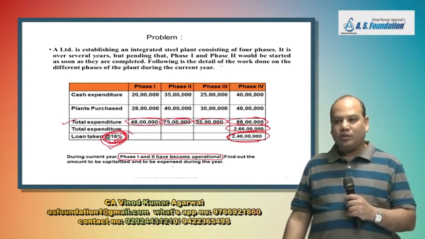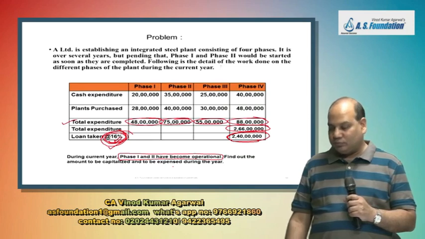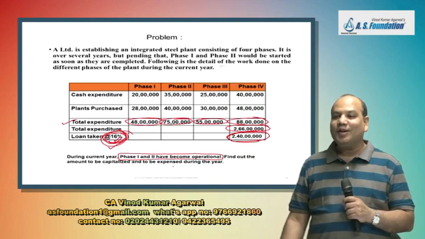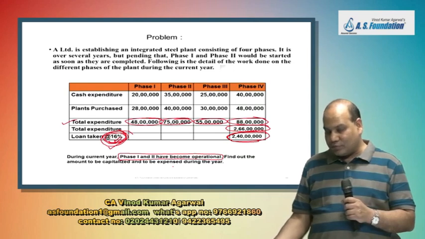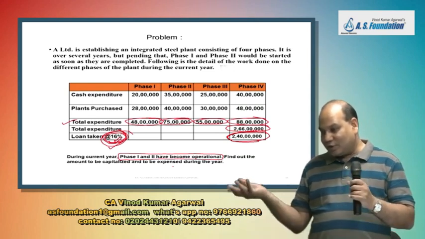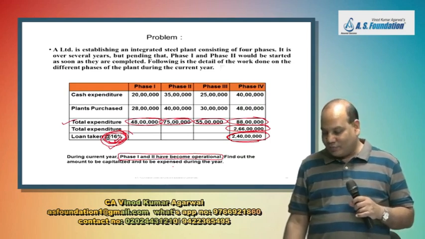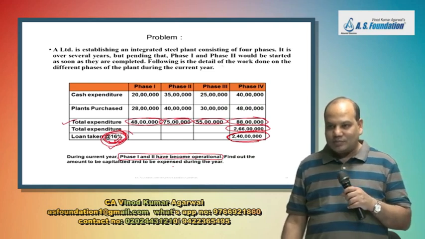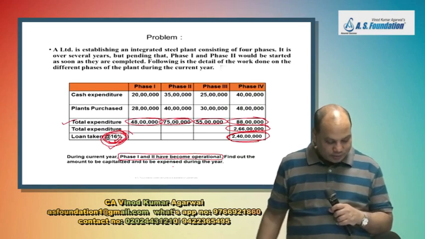There is a small error in the problem. When did phase 1 and 2 become operational? At the beginning of the year, middle of the year, or end of the year? If you assume end of the year, then there is no calculation involved; just take 16% of 2 crore 40 lakh. You can't simplify it like this. You will assume at the beginning of the year. That note is printed somewhere below in your notes. If not, then we will write it.